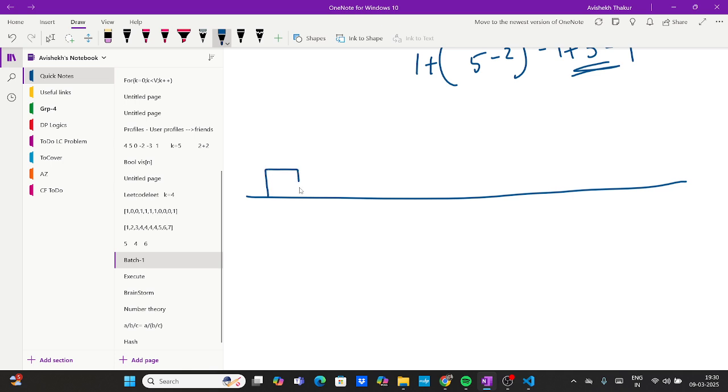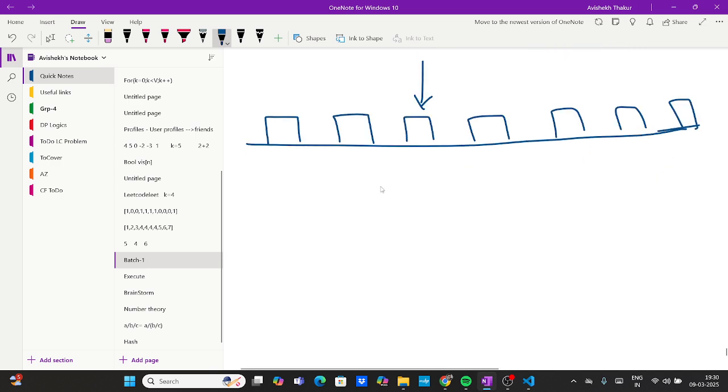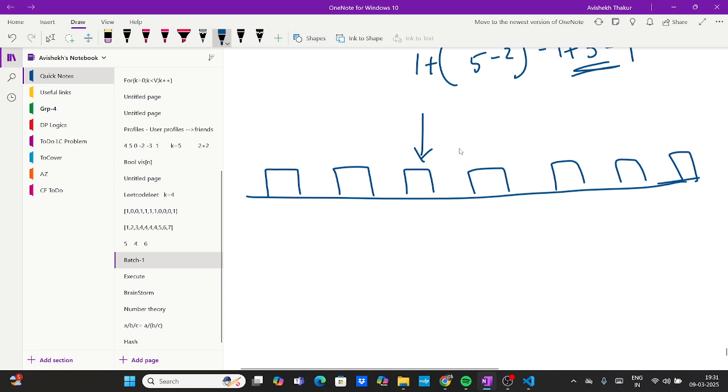Okay. So what we will do, we'll have a little bit of diagrammatic visual. Let's say you are at this house. There are only two possibilities, right? What are the two possibilities? Either bring the pizza from here or bring the pizza from here. Correct? So if I am at this position,